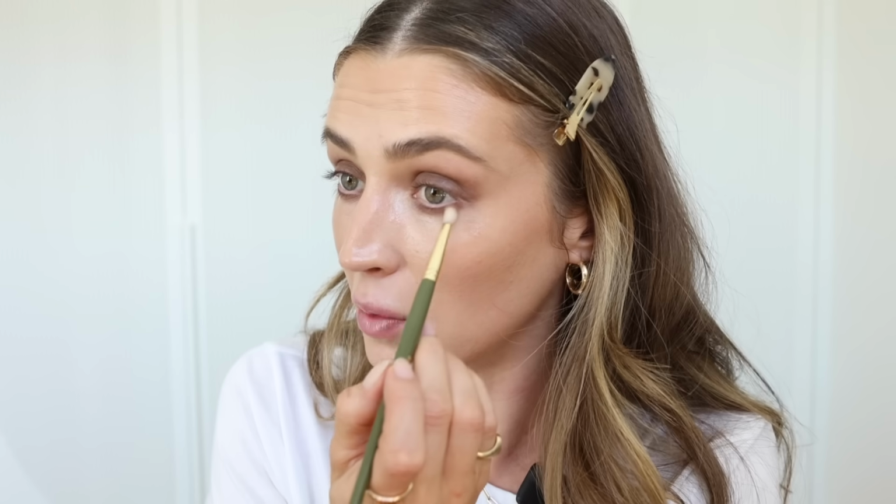Now if you wanted to make this deeper and more nighttime appropriate, although I'd say this is pretty deep for me, you could always take a black liner and now at this point just smudge that into the lash line. I think that would look really, really nice. Or you can just go ahead and intensify. Just add another little layer of your brown liner